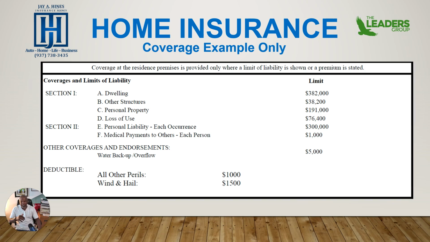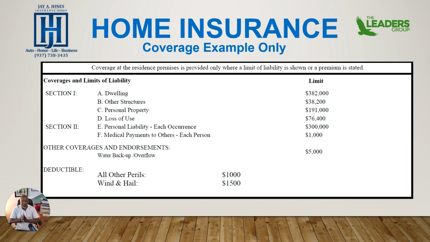Now next is loss of use. Now this is for any additional living expenses if your house becomes uninhabitable based on a fire or storm. For example, if there were a kitchen fire or your house was to burn down, the insurance company will provide money for you and your family to have a place to stay, either an apartment or a hotel. Now, until your property is habitable again, either by rebuilding the property or by completing any repairs.